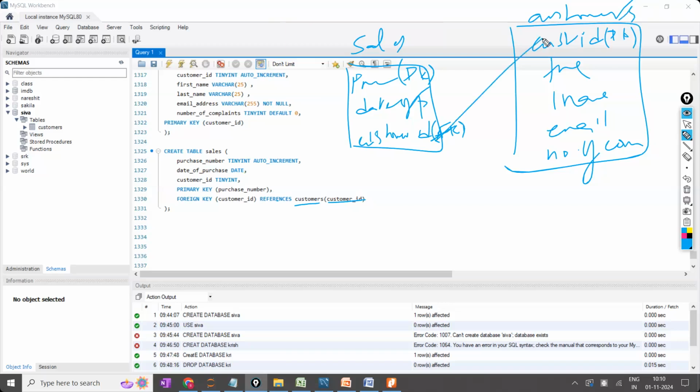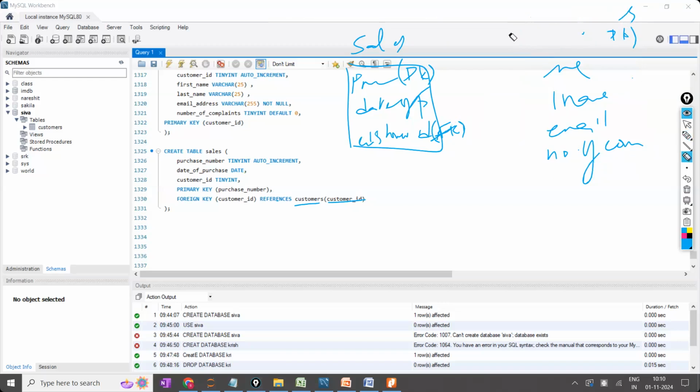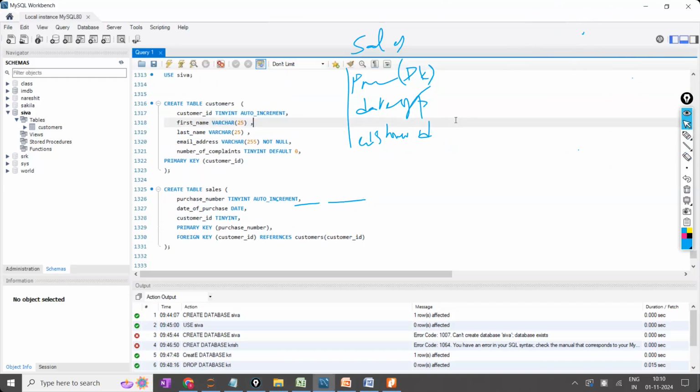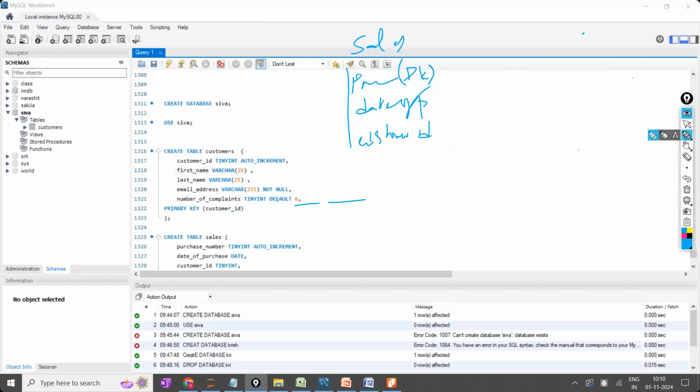To draw that line, first one table should be there. If that table is not there, how can I draw? Assume this is my first table and I have given the foreign key here. When I have given the foreign key, I have to give a reference. To which one do I have to connect? Another table should be there to connect. If this is my first table, to which do I connect?